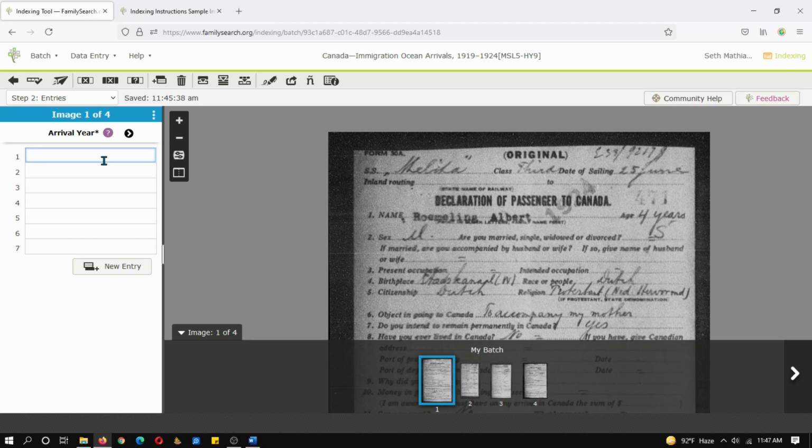So if it was like a census, for example, there might be an entry where you have to say what is the census year, and it would be the same year for everyone. So I could enter it in here, and after having done that, I could click on this, which copies the text from this box and puts it in the rest of them,